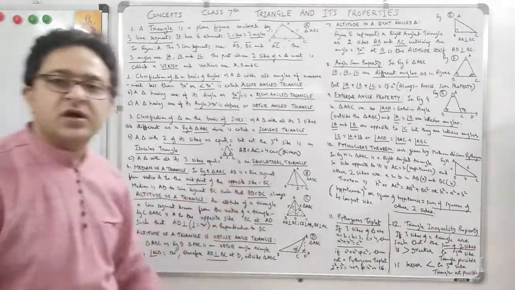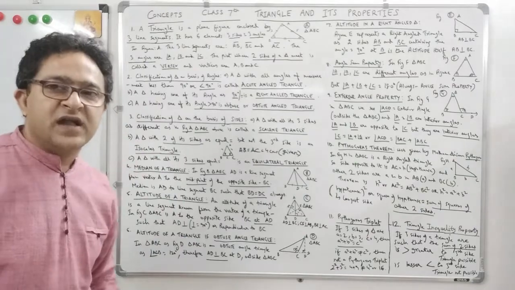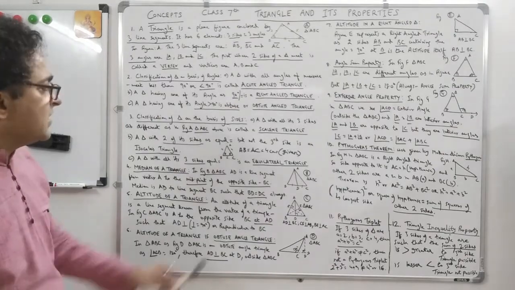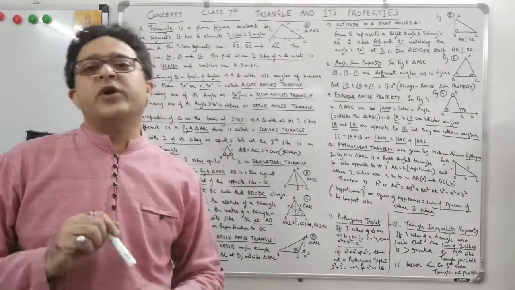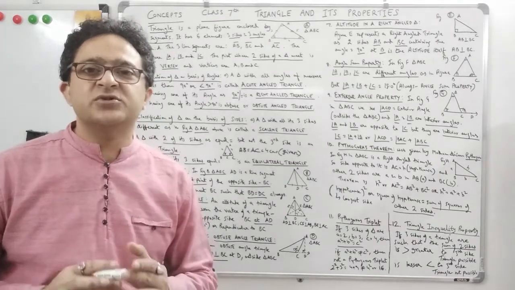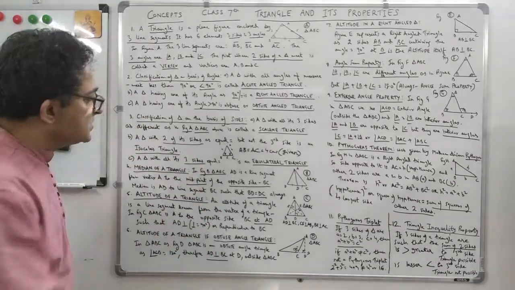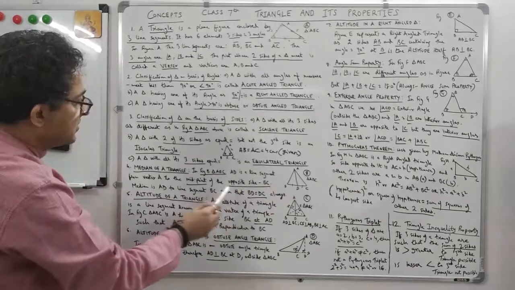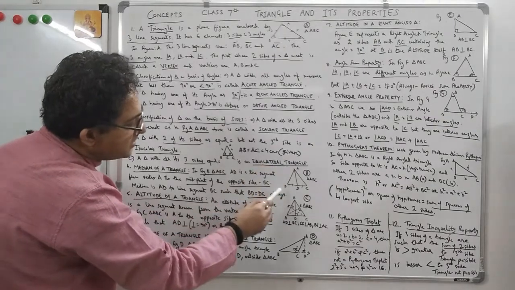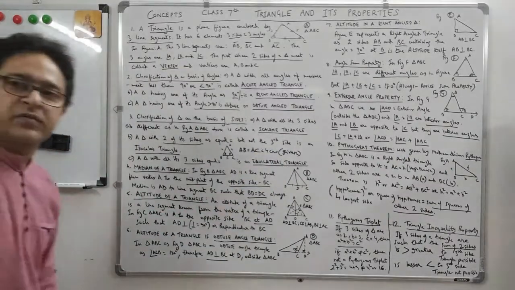So whenever you draw a line segment from any of the vertices to the opposite side of the triangle, then it is called a median. So median will always be at the midpoint of the opposite side. So it is not actually the angle, it is actually the side. Median has to do with the side. So it will bisect the line segment. That's why I have denoted this as BD is equal to DC. Vertex A, opposite vertex A. So from vertex A you draw a line segment AD to the opposite side BC, such that BD will be equal to DC. This is the concept for median.